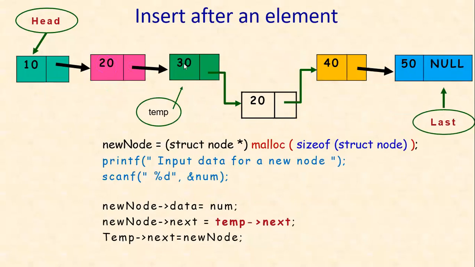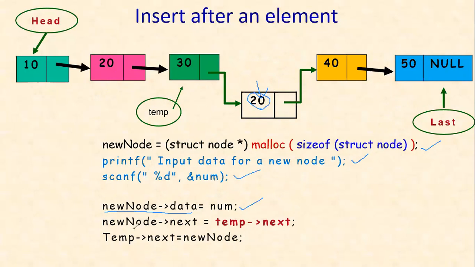See this. I am allocating memory for a node. This is the same for everything. Okay, so I am taking input into a variable num. Now that value is assigned to the new node's data, that means the newly created node. Okay, let us say I have given 20 as the new value, and I kept 20 in that.